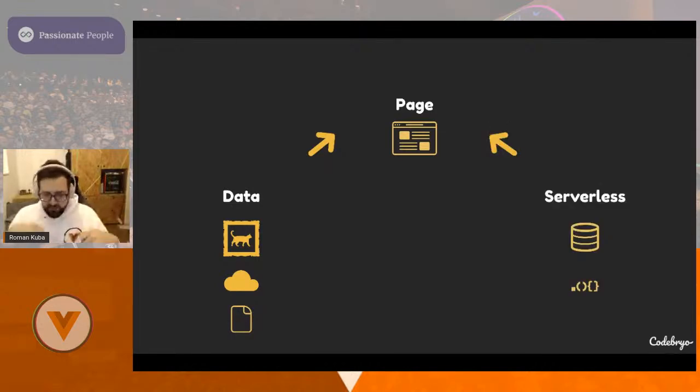On the other side, we can enrich the whole experience with the serverless infrastructure that we have available, be it databases or Lambda functions or anything that we want to do, which is quite nice. The other critical part is that our page is running statically, and if our data comes from somewhere else, we need a way of communicating between our data and serverless, and giving our backend an update if anything happens, if it should do something, if it needs to prepare anything. That's where hooks come into play, and you can do a lot of things.